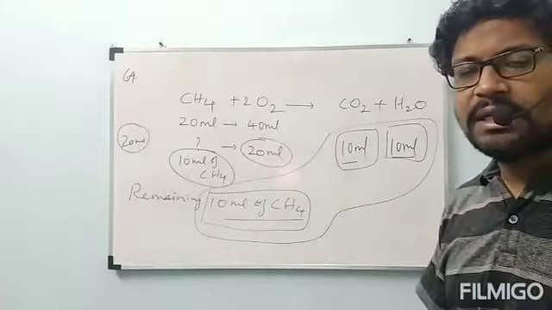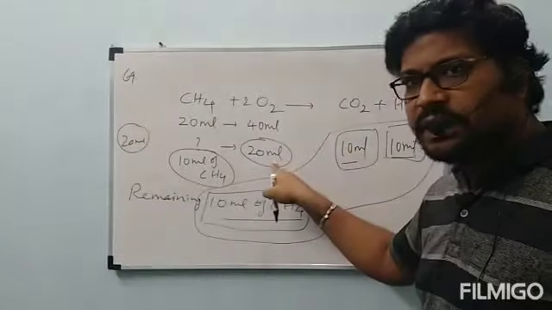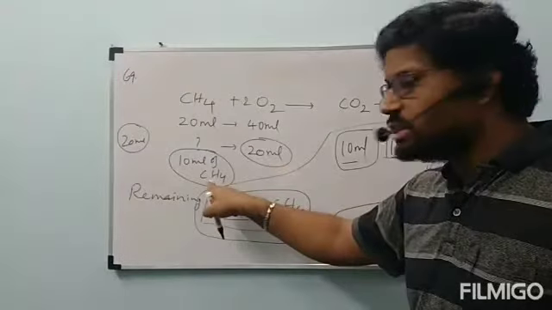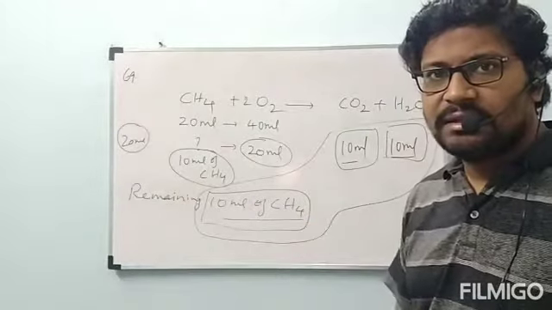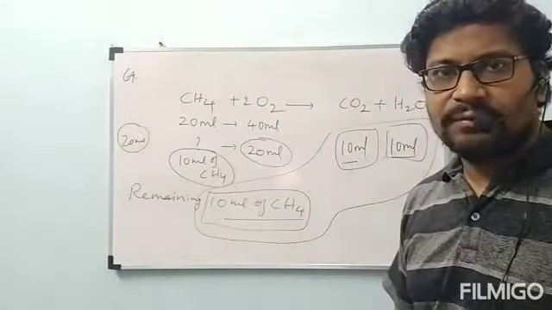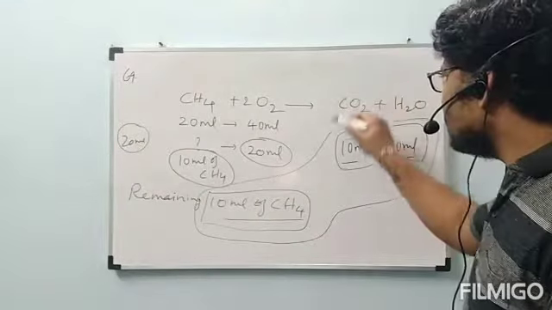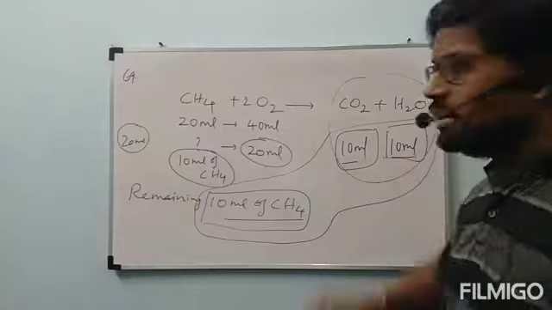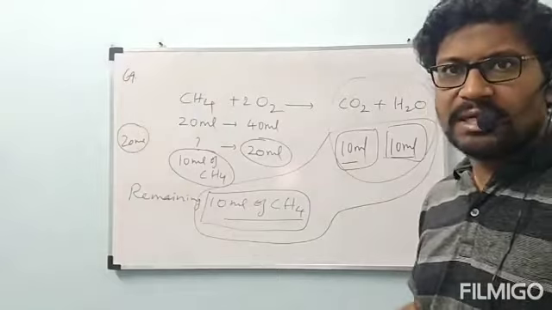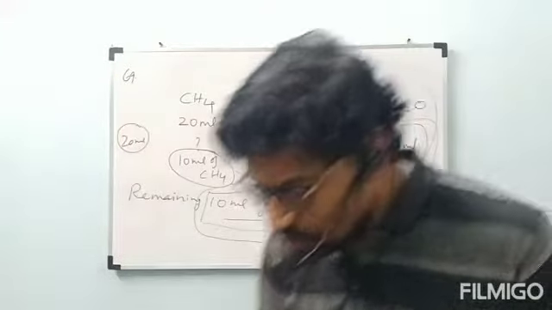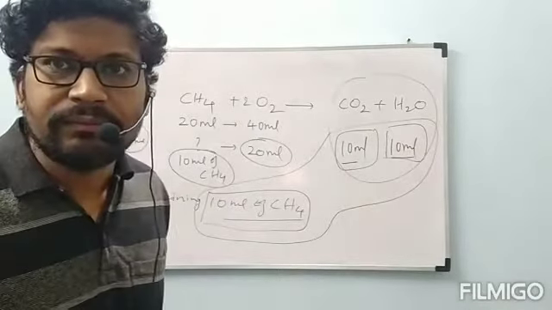Here the concept of limiting reagent and excess reagent will be useful, in which O2 is completely undergoing reaction, and the remaining amount is CH4. So O2 is called the limiting reagent and CH4 is called the excess reagent, with 10 ml of CH4 in excess. Whether they asked about only the products or the resulting mixture, the mixture means this one must also be included. But no problem, I will check that one and tell you. This is about the 69th problem, but the procedure is correct only. Please do remember, all of you.